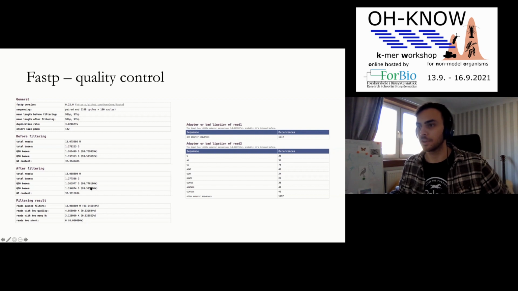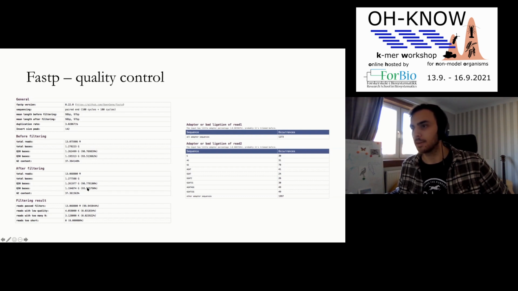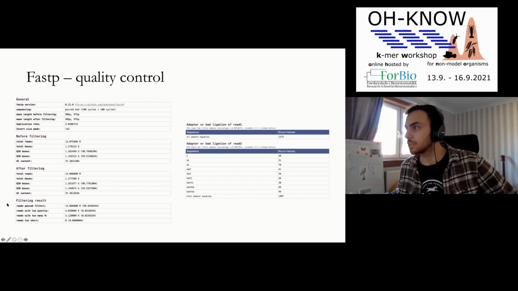Here it's actually run on, I think, an already filtered data set, but you can see there's still a marginal increase in things like the number of high quality bases. Here it's a very, very small increase. And it will tell you what you basically end up with at the end and how many reads it throws out if you give it some kind of conditions.